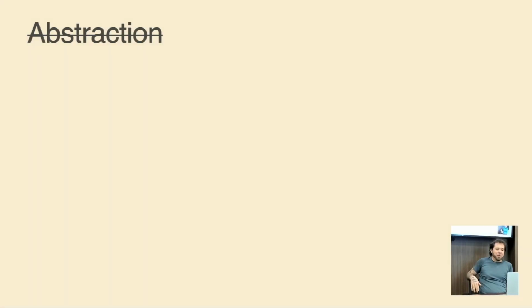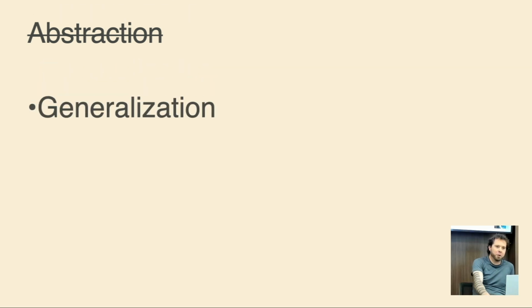The word abstraction means different things to different people in different contexts on different days of the week. It's confusing because it isn't clear which meaning we're talking about at any given moment, and it makes programming more difficult than it needs to be. Most of the time when we wind up using the word abstraction, we're really talking about one of two completely separate concepts: generalization